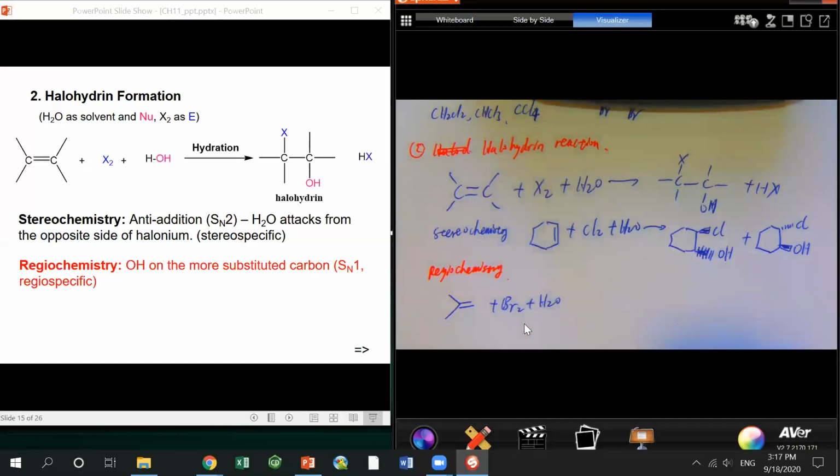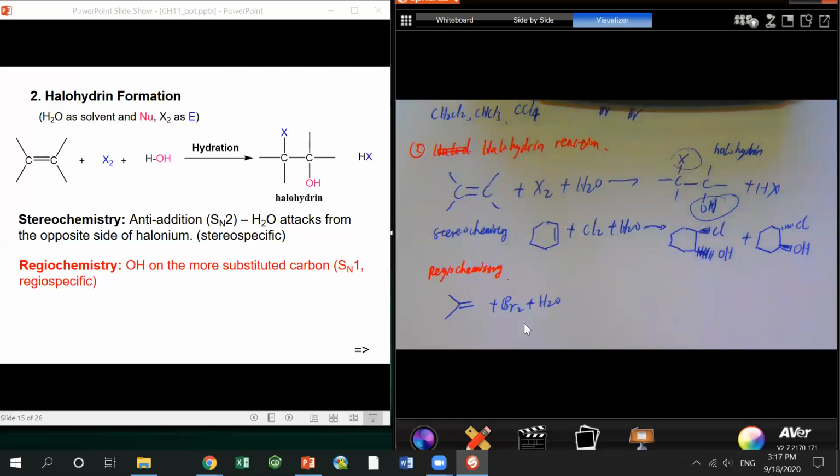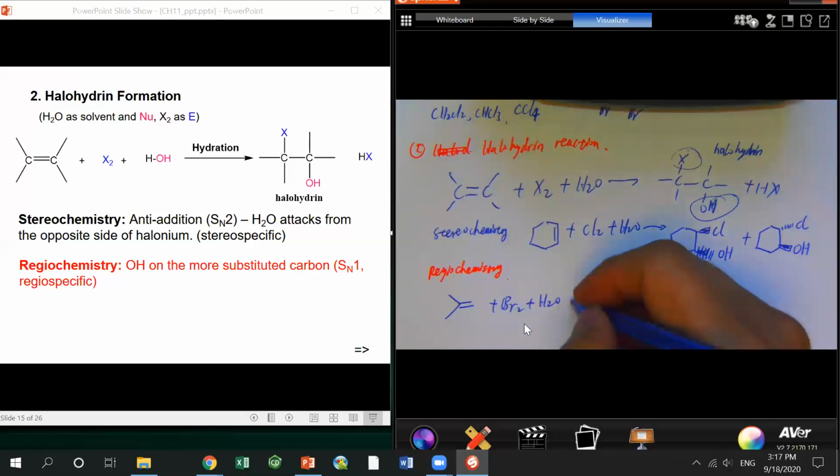All right, so now we have an unsymmetrical alkene. If you have an unsymmetrical alkene, you have to figure out which carbon picks up the hydrogen and which picks up the OH group. This species here is called a halohydrin. This kind of compound, halohydrin. Right. So for this reaction,